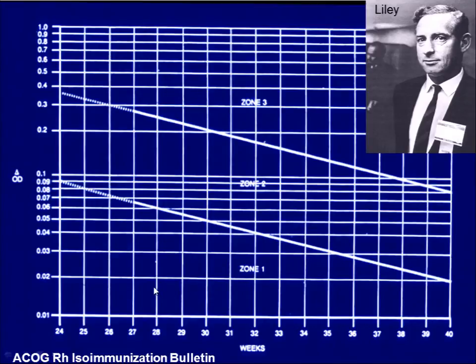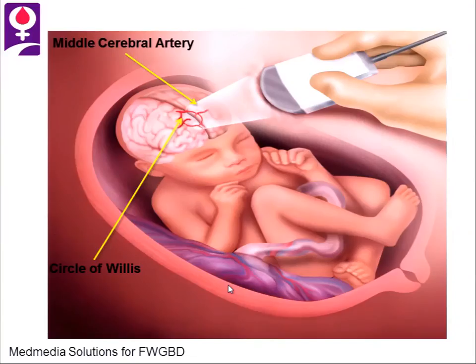If you had a value that returned in zone 1, that was mild disease, and zone 3 was a chance for intrauterine death. This is the OD 450 on this axis and gestational age on this axis. And I show this for historical reasons because it's very difficult to even find a lab that will do an OD 450 anymore. And the reason that's true is because in around the year 2000, a gentleman I was working